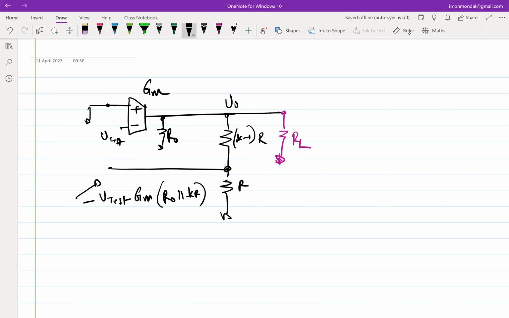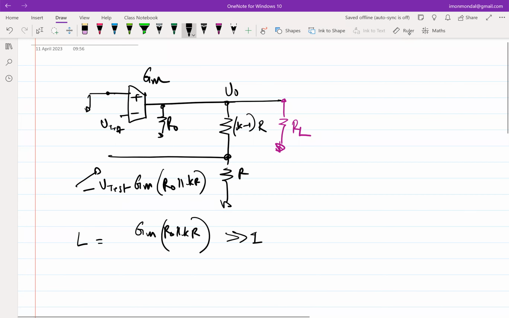Okay. So your loop gain would have been GM times R0 parallel KR. And as long as you can keep this much greater than 1, in the closed loop scenario,